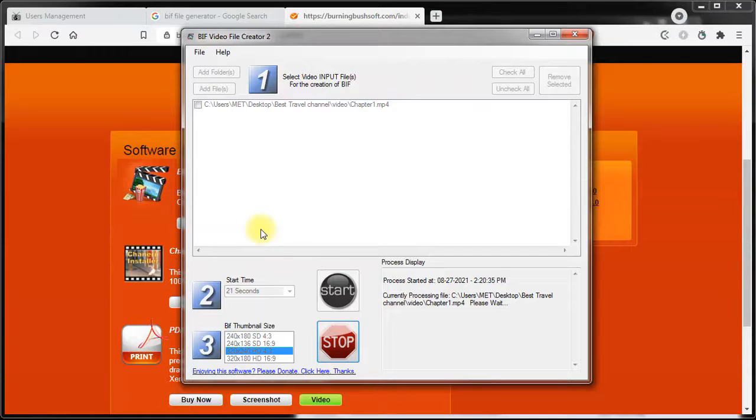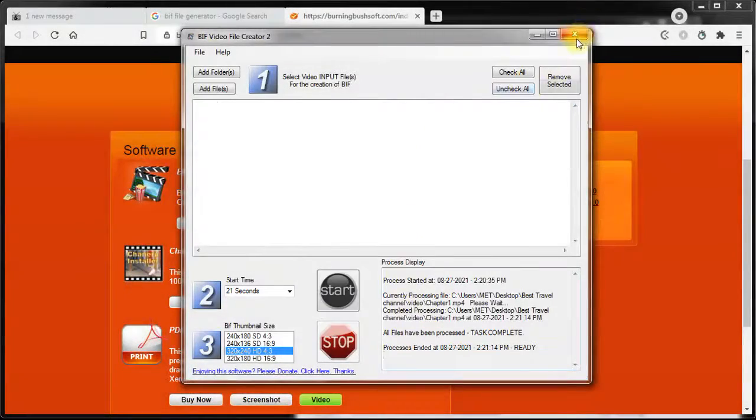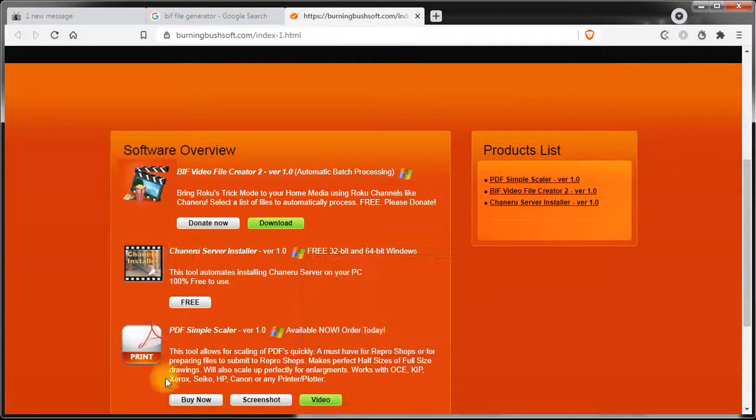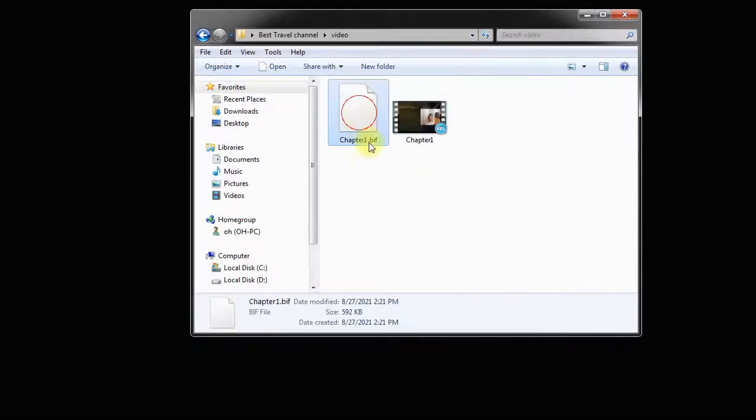When the file is generated, you'll see a pop-up letting you know that it's ready and asking if you want to delete the files. Here is the pop-up. We'll click Yes. Close the application. The generated file will be in the same folder as your video file. In this case, it will be here. You can see the video and your TrickPlay file in the same folder.